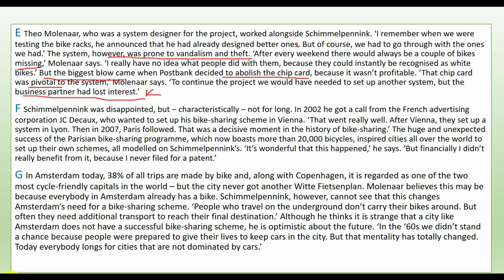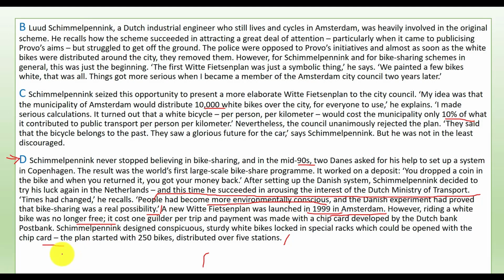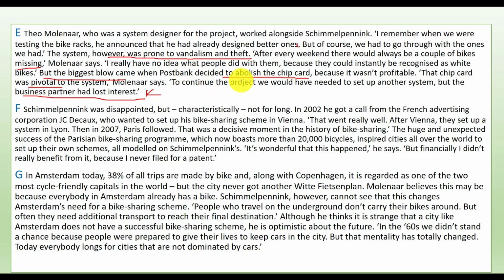Now let's go back to our options. It aimed to be more successful than Copenhagen scheme. It failed when a partner in the scheme withdrew support. Okay. Withdraw could be paraphrased in this option with the abolish the chip card and also had lost interest, business partner. Okay. Now that's our answer for